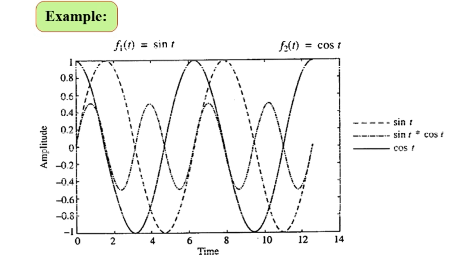So in this figure we shall have the two signals. The first signal will be denoted by f1 of t, that is the sine function. Here you see f1 of t is equal to sine t, and next to that we have the second function denoted by f2 of t, which is equal to cosine t.